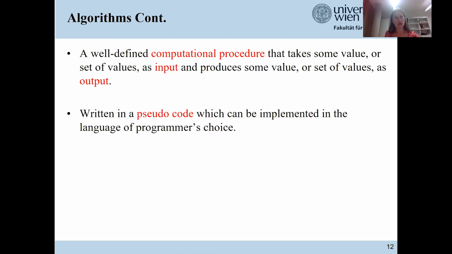An algorithm is a well-defined computational procedure that takes some value or set of values as input and outputs some value or set of values. Often we as algorithm designers write algorithms down in some kind of pseudocode, which is a set of statements that can then be later implemented in a language of the programmer's choice.